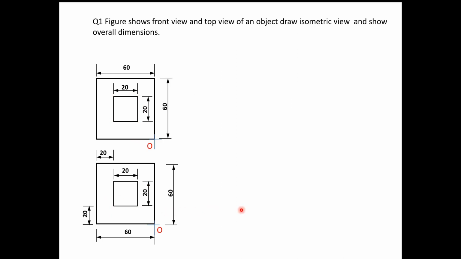This problem has two solutions. We'll see its second solution in the next slide also. Now first I will draw a horizontal line. I will mark the origin. I will draw the right line at an angle 30 degree, the right isometric axis. Again I will draw one vertical line axis. Again I will draw the left isometric axis at an angle 30 degree. Now we have to make a 60 by 60 by 60 length, width into height isometric box.